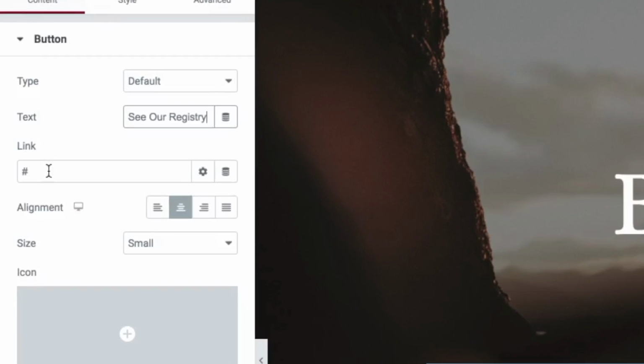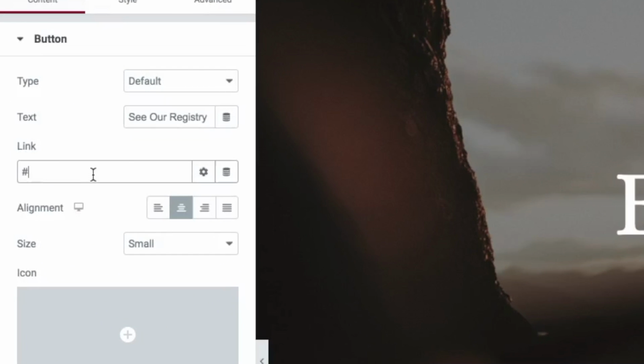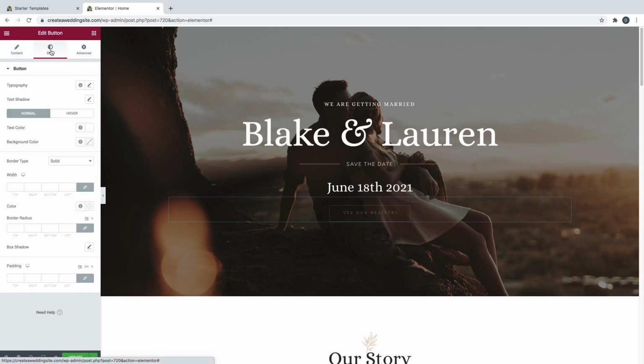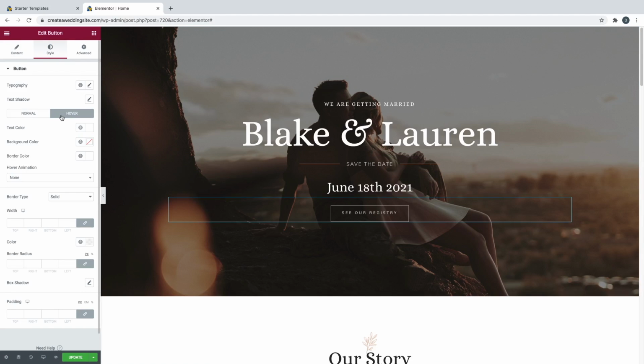And this link box here is where you're going to put in that URL. So what you'd want to do is just delete the hashtag. And you would want to put in a URL like this. And then that button is going to take them to whatever that URL is. So I'll go ahead and show you how to set up a registry and put that in here. But first, we're just going to edit the style of our button again real quick. So I'm going to go over to Style, and then go over to Hover, and just change this to a